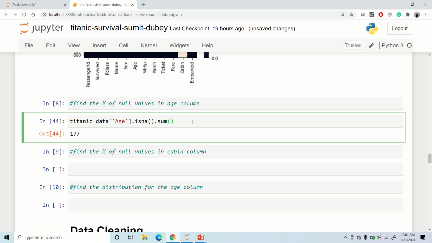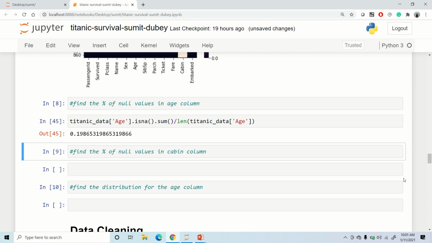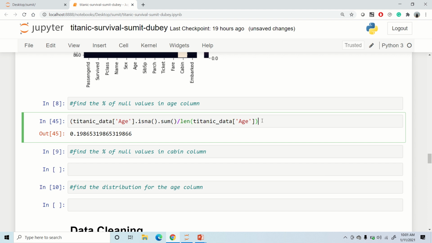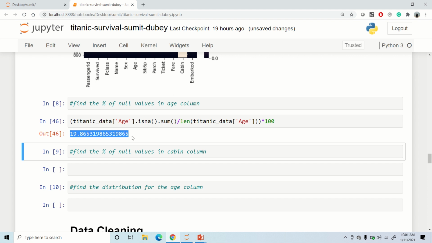Now I am dividing this 177 by the total number of records, which I know is 891, otherwise I can say length of this Titanic data age, and then I'll get this result. In order to convert this into a percentage, I'll just multiply this by 100, and I can see there are around 20% null values in this column.